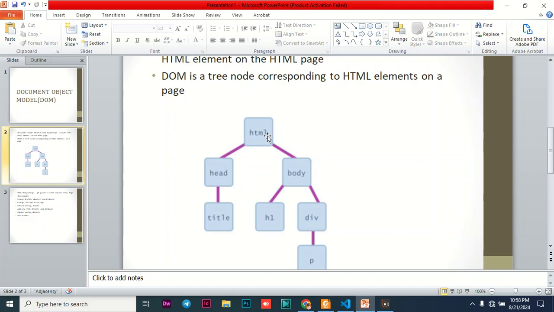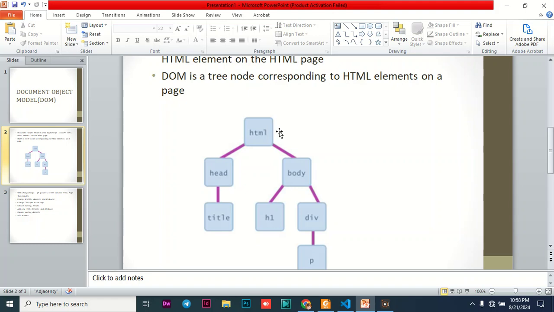That forms what you call a tree in this particular case. Now there are some children in that tree that are in the same hierarchy. For example, in this case we have the head and the body being at the same level. Going further, you will see how we are going to use these HTML elements incorporated into our DOM